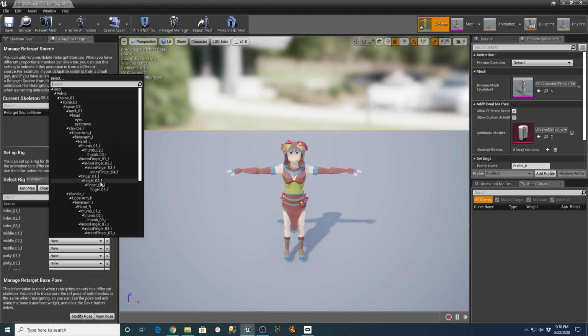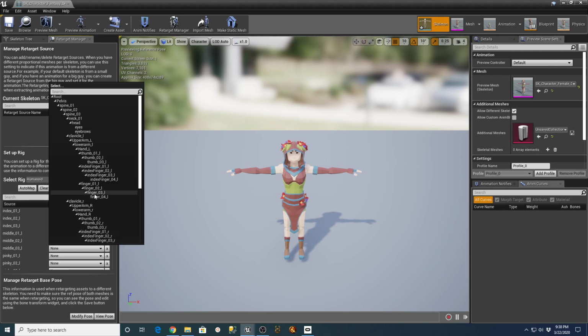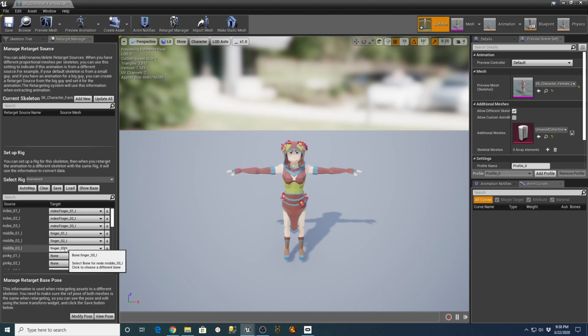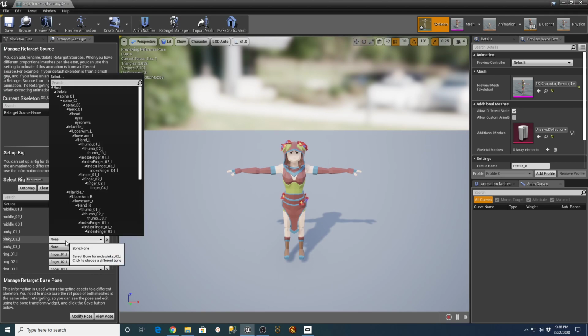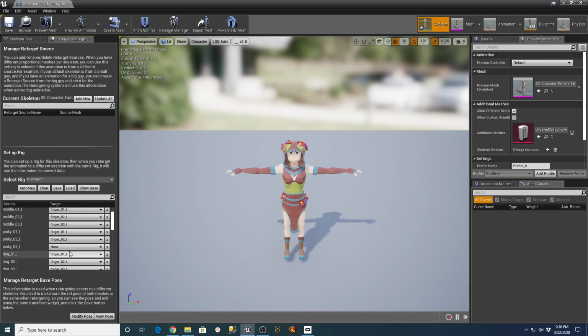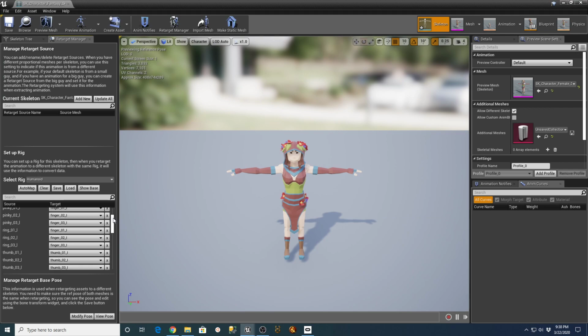So let's go back to finger 2 left. It's just a finger. And then the pinky is part of that. So this is the same thing. This is also finger 01, finger 02, and finger 03. If you make it this way,